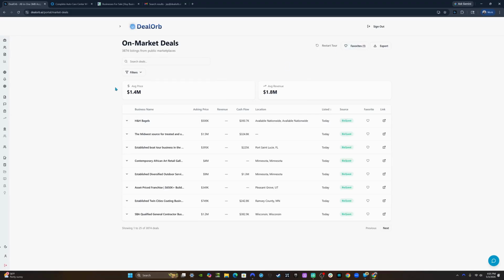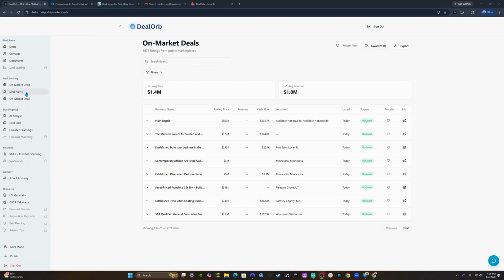So that is how the on-market deal aggregator works. Now, what if I wanted to have a list of businesses sent to my email every day, businesses that are within my buy box, meaning they are the right industry and in the right location, and they were delivered to my email every single day? Well, I can do that by going to Deal Alerts,